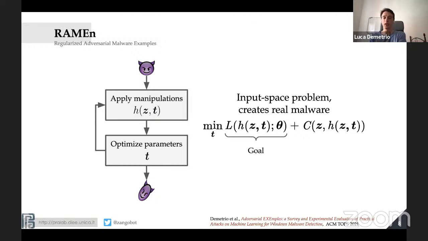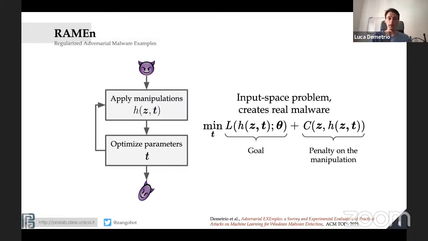So you want to minimize this loss, which also includes the score that the classifier you're attacking returns in output for the sample you send to it. And then you also want to constrain the manipulations you're imposing by penalizing them somehow with a cost function.